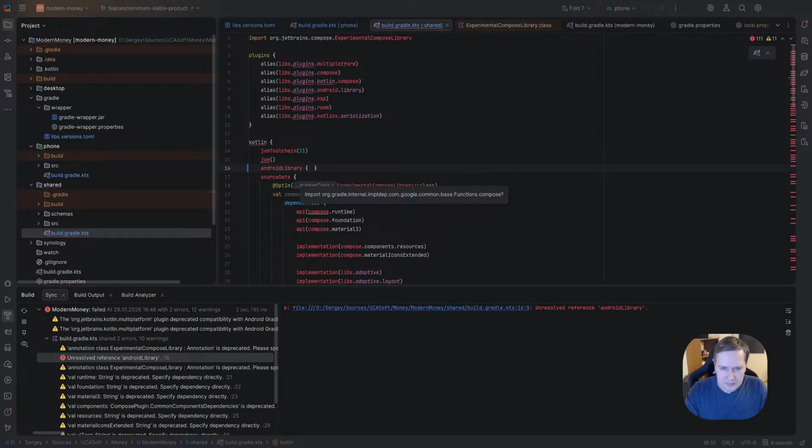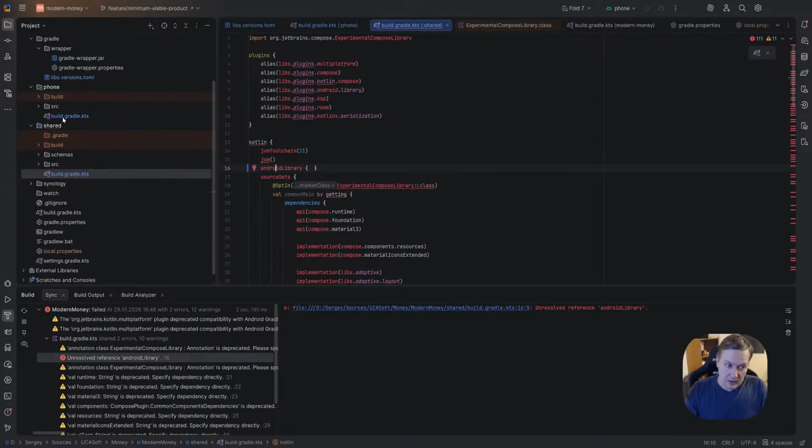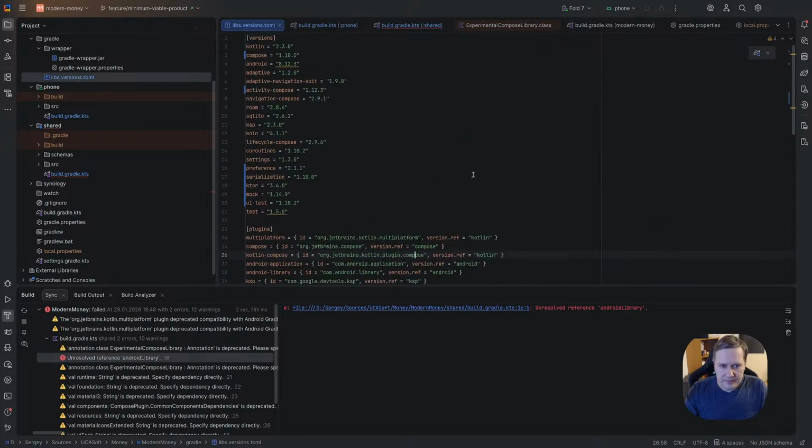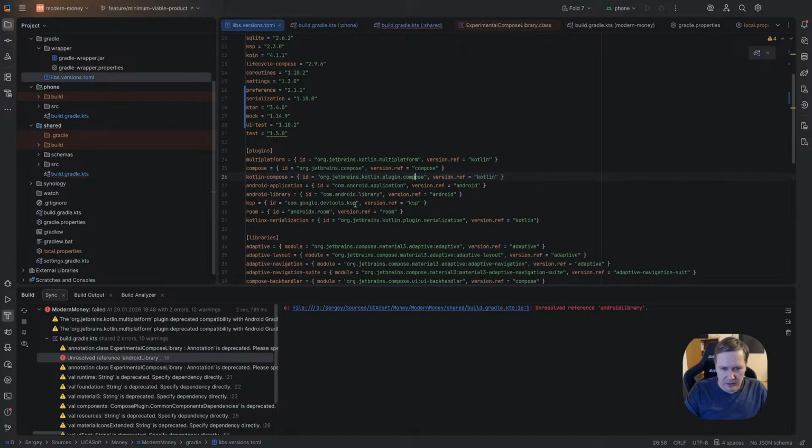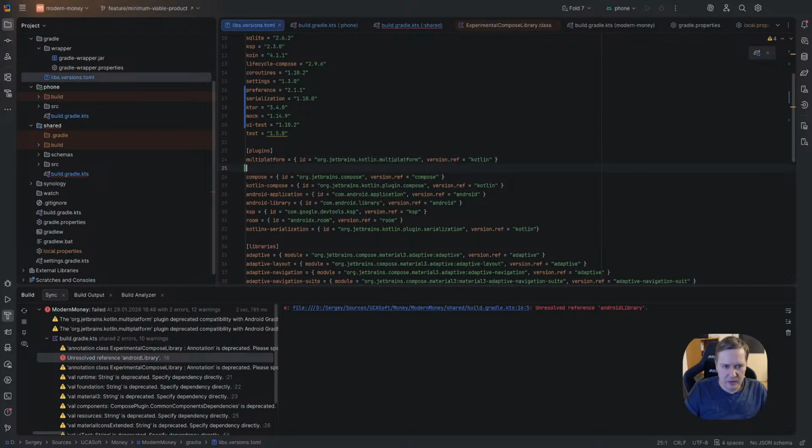Okay, shared model. Android multiplatform library. Okay, let's go here. I definitely have to rename the stream. Have to upgrade your solution. So we need com Android Kotlin multiplatform library. We have org JetBrains Kotlin plugin compose. No, it's not what we need. We have org JetBrains Kotlin multiplatform. No, we need Android multiplatform library. Okay, let's put it here.